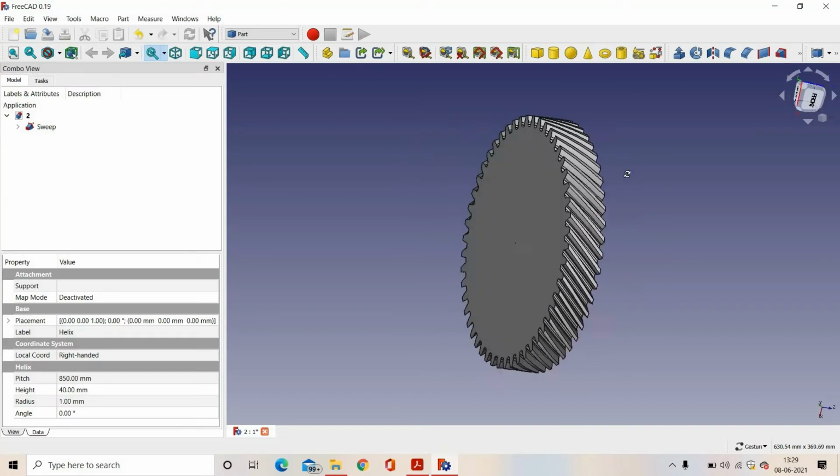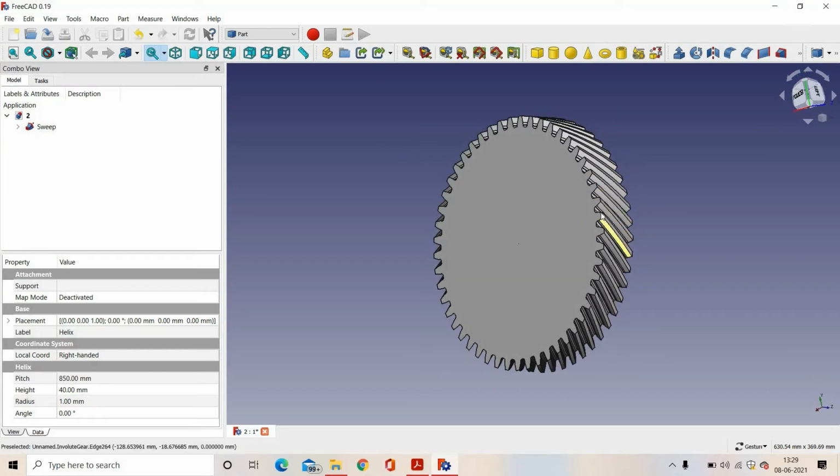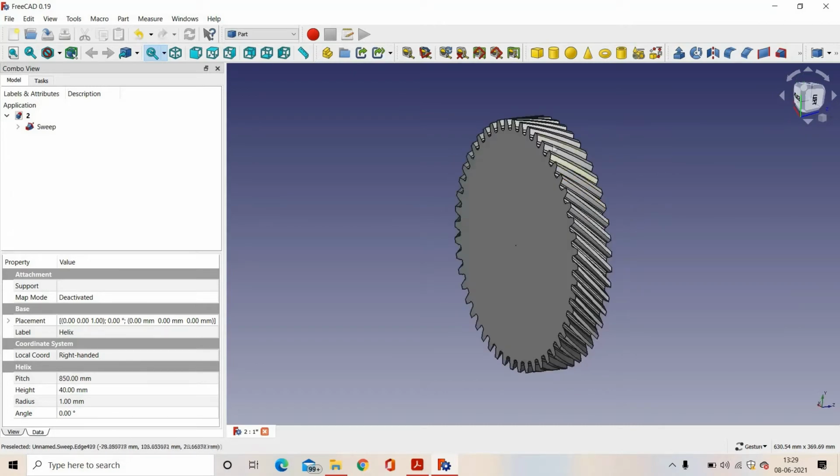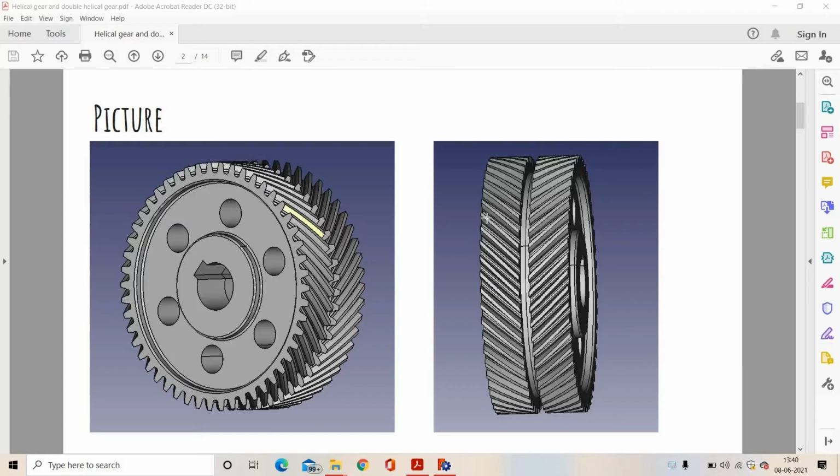So now we have created the involute profile of a gear, and this is a single helical gear. In this picture you can see that the teeth of a double helical gear are not continuous, and there is some gap between the two teeth. When these two teeth are continuous, then it is no longer called a double helical gear.